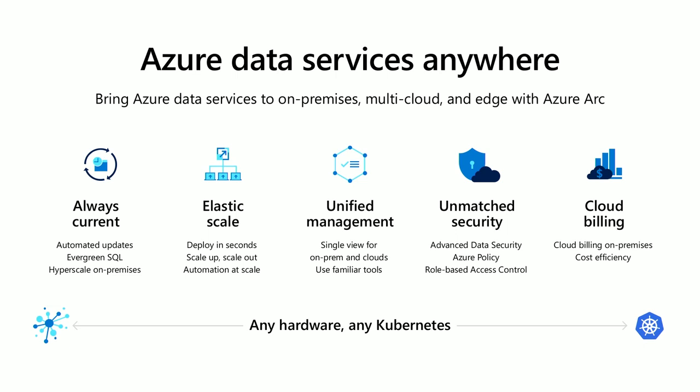So Advanced Threat Protection, what that does is it takes a bunch of policies that are defined by our Azure security team that are continuously being updated, and it pulls those policies down to your data services running wherever you have them, on-premises or in another cloud, and continuously looks for potential threats and notifies you about those kinds of things. So it could be somebody that is logging in that hasn't logged in for a long time, or maybe there's a bunch of failed login attempts, for example.